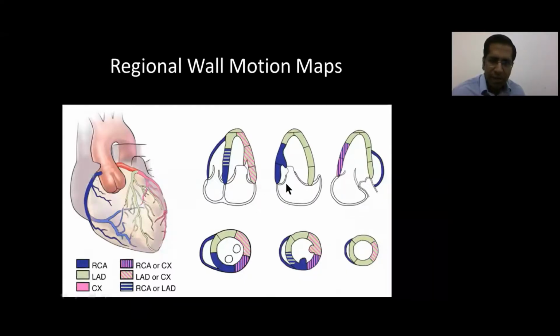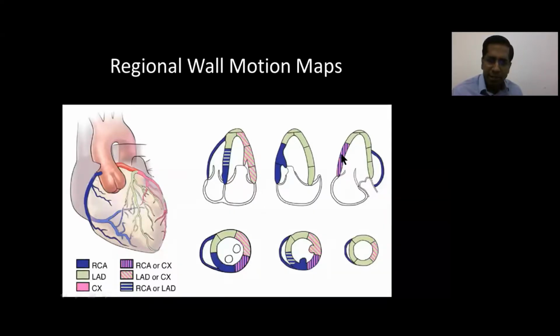So this is about the regional wall motion abnormalities, which is not really in the scope of this particular talk. But I will just quickly highlight that the different coronary artery territories are highlighted here. As you can see, the anterior wall is exclusively supplied by the LAD, or the left anterior descending artery. The anterior septum is also exclusively supplied by the LAD. Whereas the infralateral wall that is shown here can be supplied either by the RCA, right coronary artery, or